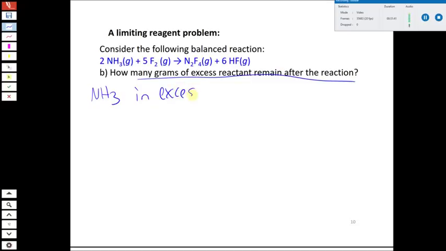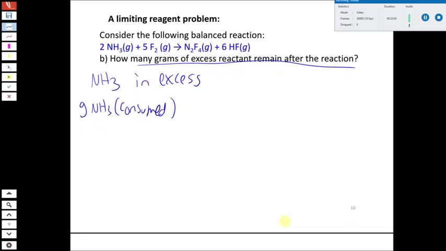And we want to figure out, when the chemical reaction is done, how much of that is left over. So if it's our excess reactant, there's going to be some amount that doesn't participate. And we're going to figure out what that is. So the first thing we're going to do is figure out the grams of ammonia that are actually consumed. So if all of our limiting reactant reacts with NH3, how much of the NH3 is actually going to be reacting with it? So again, start with the moles of limiting reactant,